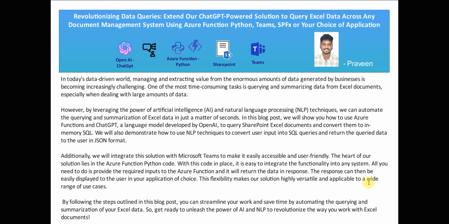In today's data-driven world, managing and extracting value from the enormous amounts of data generated by business is becoming increasingly challenging. One of the most time-consuming tasks is querying and summarizing data from Excel documents, especially when dealing with large amounts of data. But with our solution, we can automate the querying and summarizing of Excel data in just